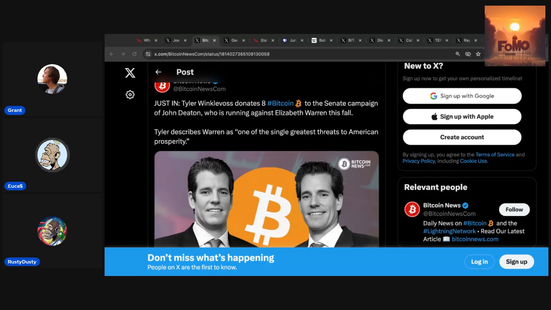Maybe this is a plot by the Winklevoss twins to continually give the same $1 million to various candidates to draw attention to them and have it returned by the candidate who says it's against the rules. That's what it feels like to me. It just feels like this is them grabbing headlines and us parroting this crap for no reason. Every time I see one of these, I'm like, okay, great, and it's just going to get returned, because a lot of these candidates don't want to get in a big fight with the Federal Election Commission, which I think is the one who would enforce this and say you violated this law. Maybe there's no real teeth in that anymore, because I guess we don't follow the laws that are written and we don't care. But I don't know.